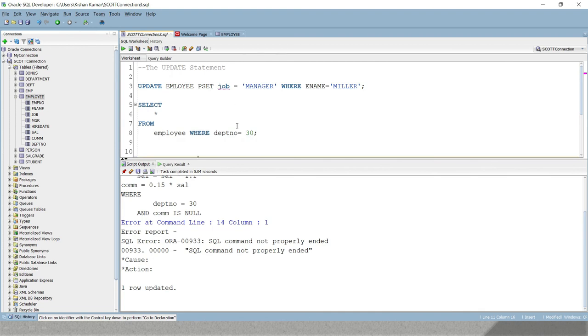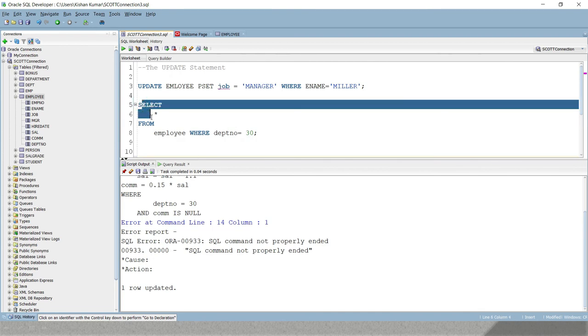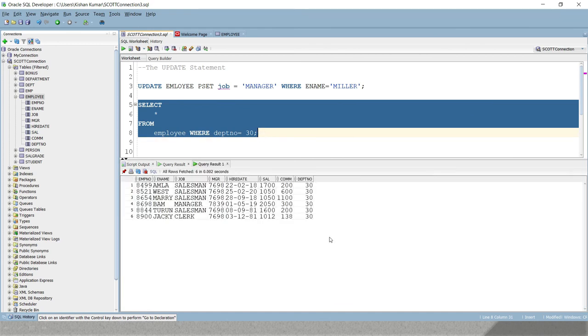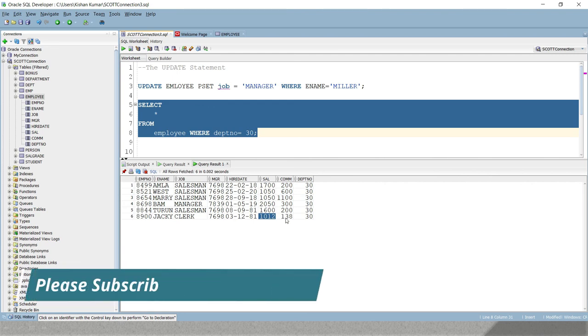Now again, if I select employees for department 30, then here for Jackie you can see his salary now. Earlier his salary was 920. Now after incrementing by 10%, the new salary would be 1012, and commission would be 15% of 920, that is 138.